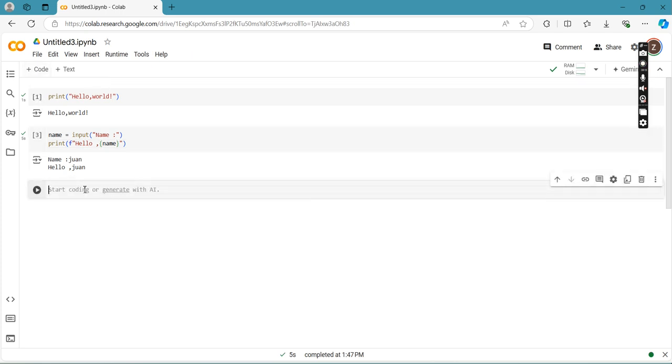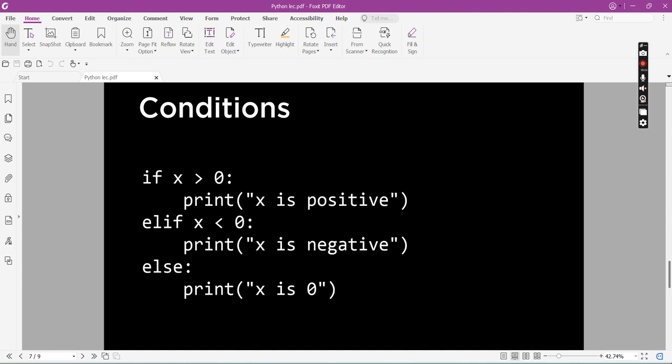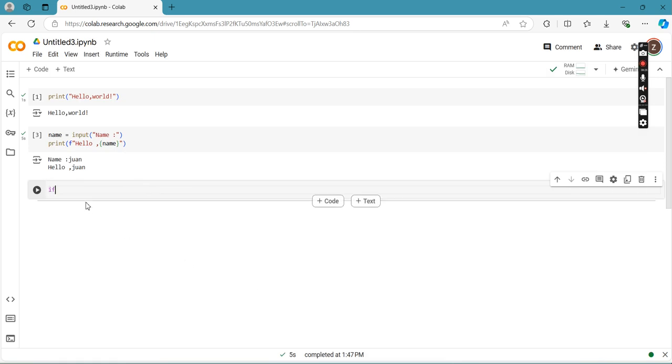So I'm going to create a new code. So that would be an if. Okay, if x is greater than 0, okay, as I've mentioned, the indentation is very important.